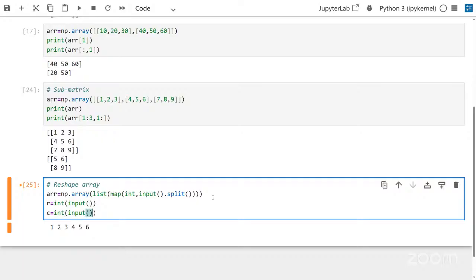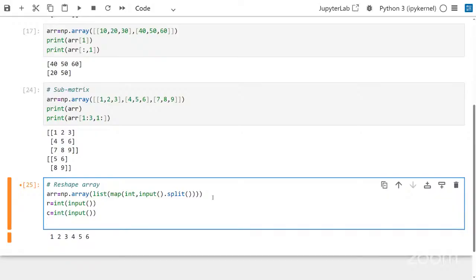And then after that, print array.reshape(R, C). So the difference is that when we have any array,